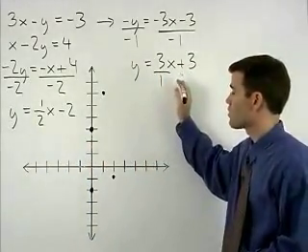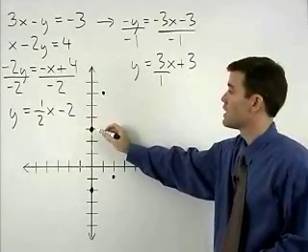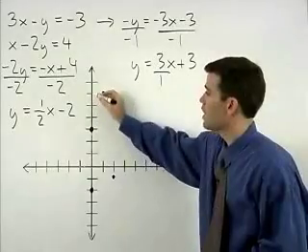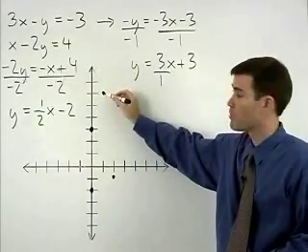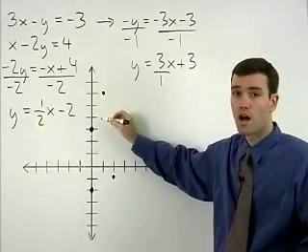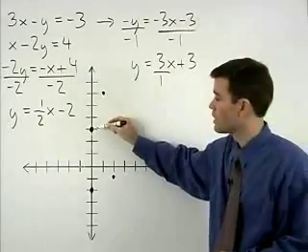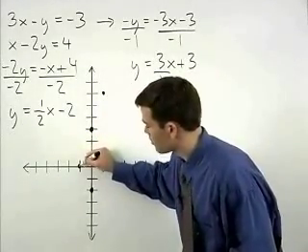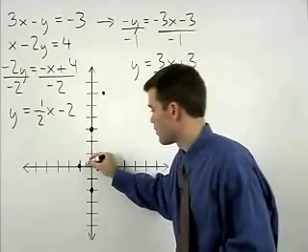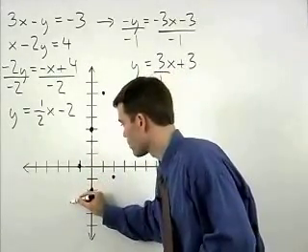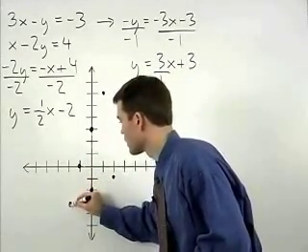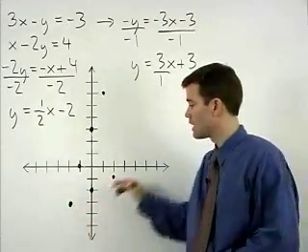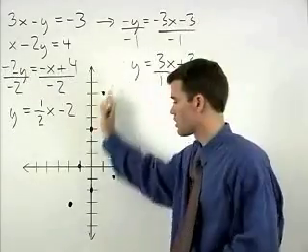So for our first equation, for example, instead of using our slope of 3 over 1 to go up 3 and to the right 1 to plot a point, let's go in the opposite direction with our slope, down 3 and to the left 1 to plot a point. If we go down 3 and to the left 1 again, you see that we have a point that might be a candidate for a point of intersection of the two